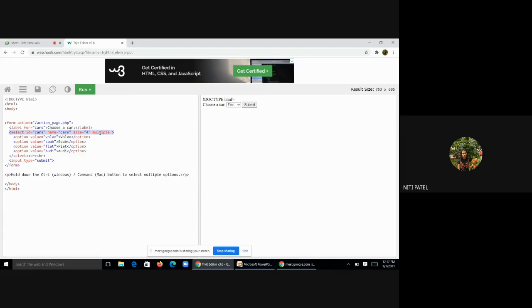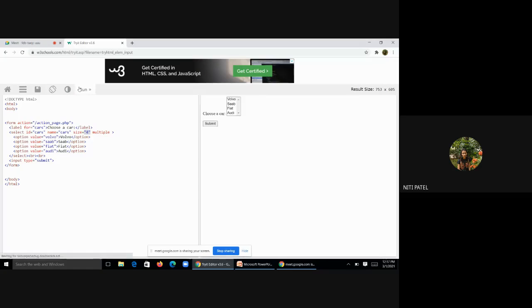How will I select multiple during runtime? By pressing the control key if I'm using Windows. Okay. And if I'm using Mac, I will be using the command button. So if you want to do such multiple selections, what you have to add extra in the select element tag is, you have to mention the size. Size में क्या mention करोगे, कितना number of options है, और आगे सिर्फ multiple लिखोगे. तो ये multiple क्या allow करेगा? It will allow you to have multiple selection from among the size of 4.